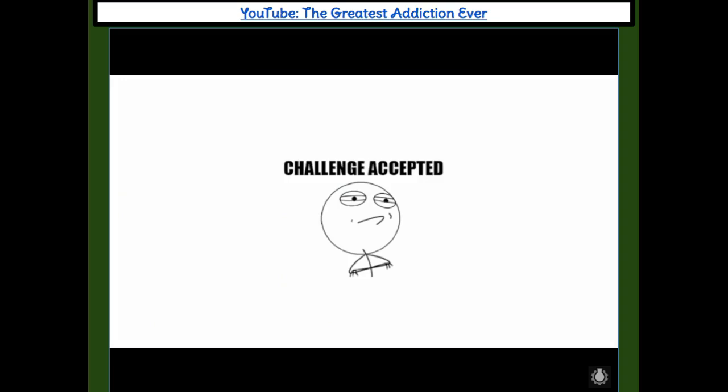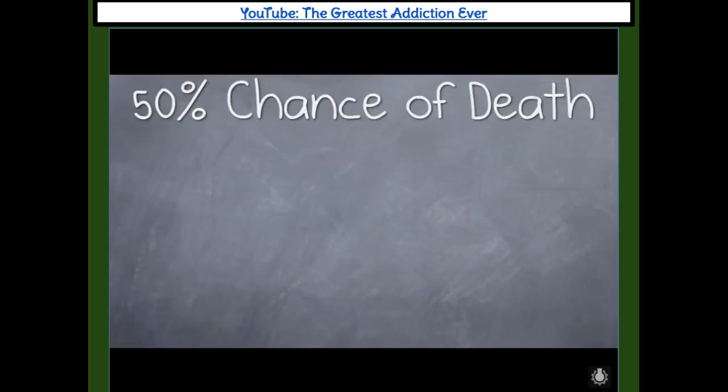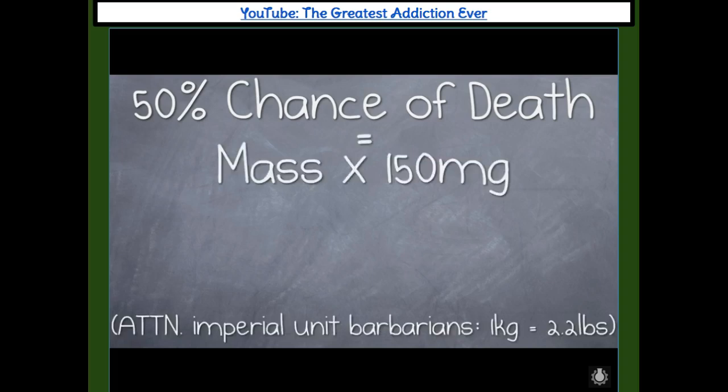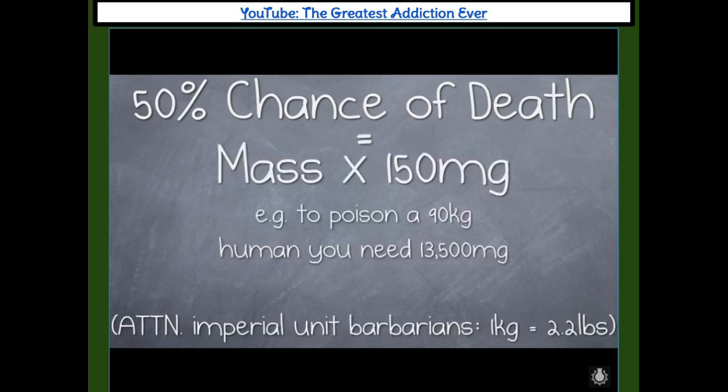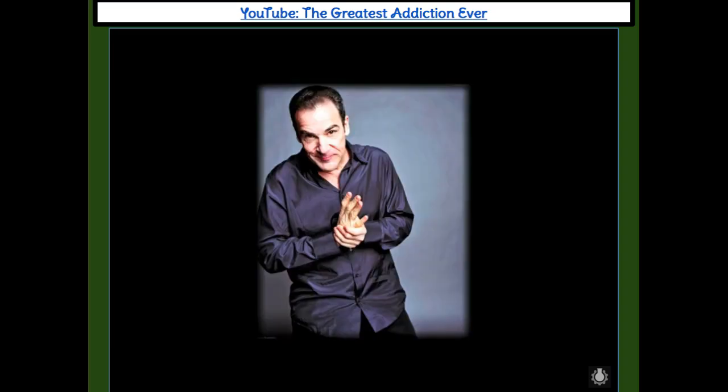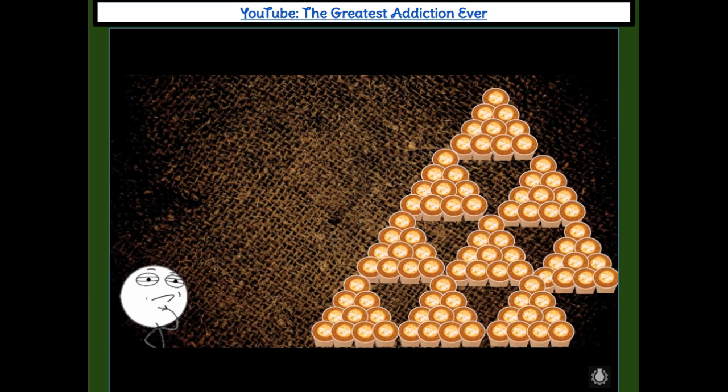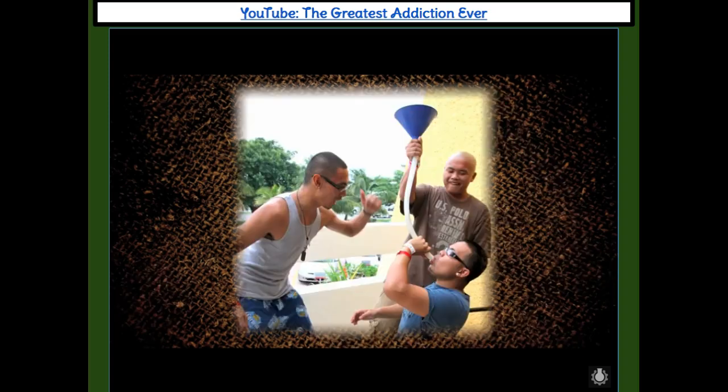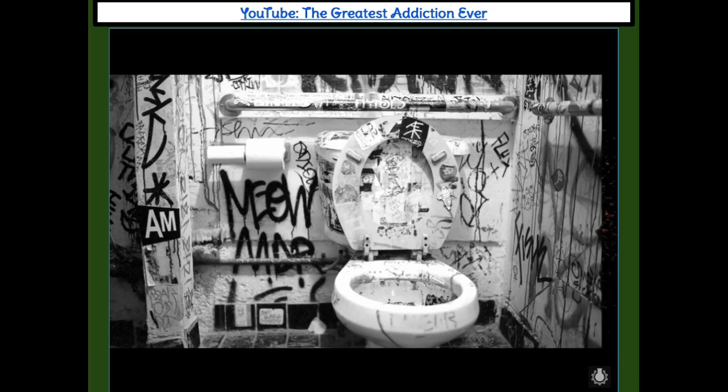But, if you must, to calculate the dose of caffeine you'll need to ingest to have a 50% chance of death, take your mass in kilograms and multiply it by 150 milligrams. Or, in terms of coffee, for every kilogram of mass you have, you need to drink 1 latte to get a visit from the Grim Reaper. That's a lot of coffee, so it's not surprising that there are no recorded deaths in healthy adults from this method, and it's doubtful that it's even possible, because while you're busy getting coffee in, your body is busy getting it out by one way or another.